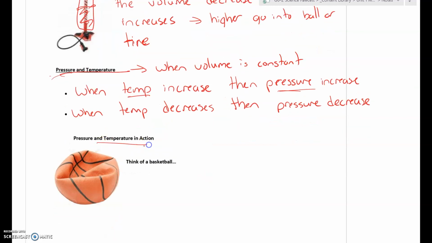So one example that we can think about, if you remember the Deflategate thing from a few years ago, that was an example of temperature having an influence on pressure. It's up for some debate whether that had as much influence to actually cause the pressure to drop as much as it did. But you can test it out. If you've ever left a ball outside in the winter time, you'll notice that when you go out after it's been out in the cold for a few days, it will look deflated. So when you store a ball in the cold, the pressure decreases.